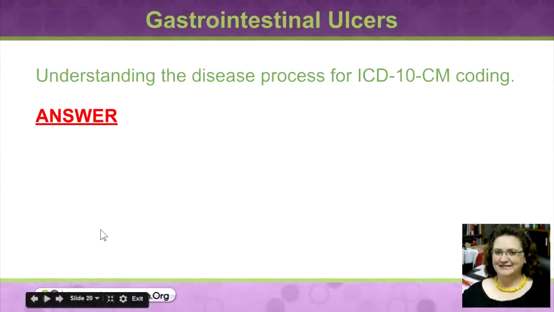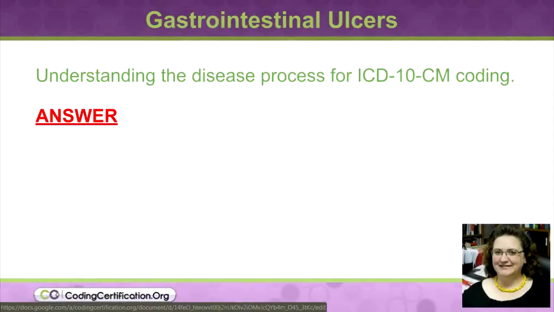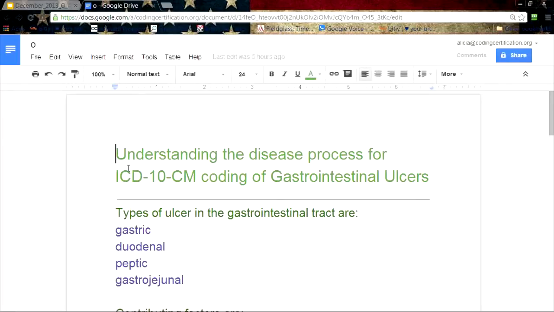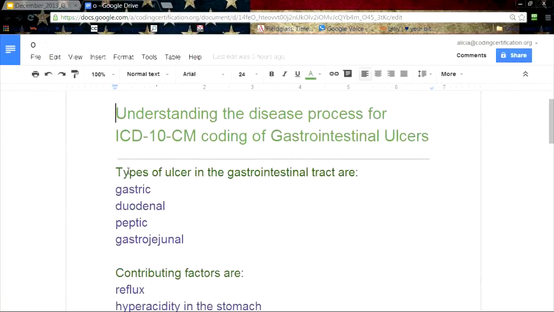So another thing about ICD-10 is that you kind of need to understand the disease process when coding in ICD-10. You do that with ICD-9, but it's so much more in ICD-10. So I thought I'd pull out one of the body systems and let's talk about that and understand the disease process. So I picked gastrointestinal ulcers just because I had information on it, thought it would be something that some of you might be able to